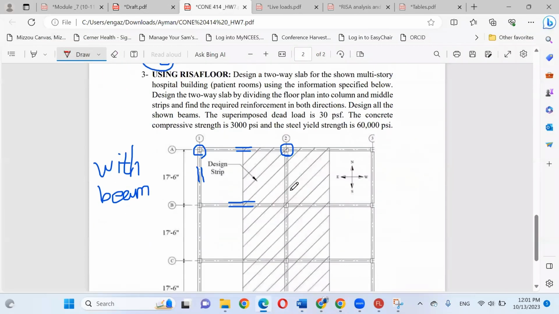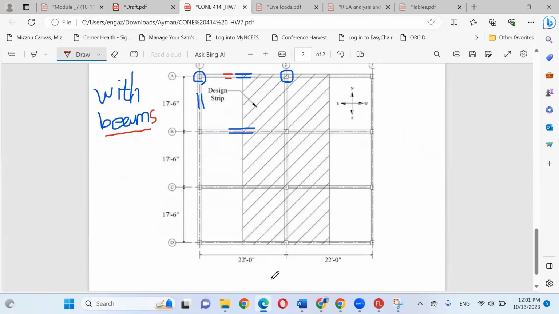We have another example here for the homework. So I solved 2 problems with you. The third problem of your homework is a slab with beams, because we have the 2 parallel lines. I'm going to use RISA, but keep in your mind, this dimension in the horizontal direction is 2 spacings of 22 feet.